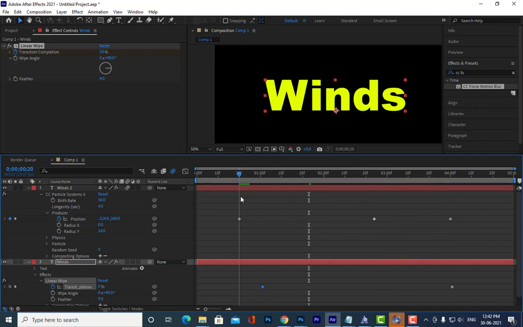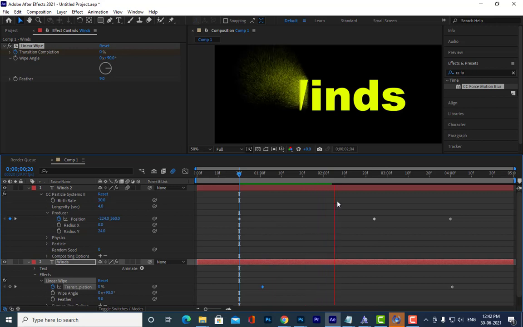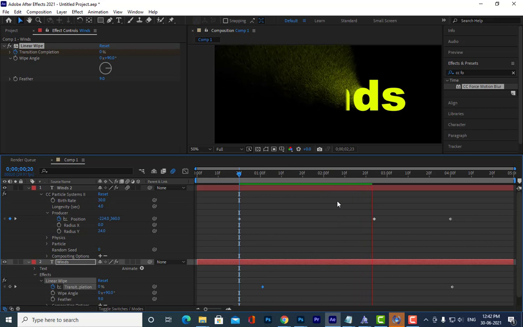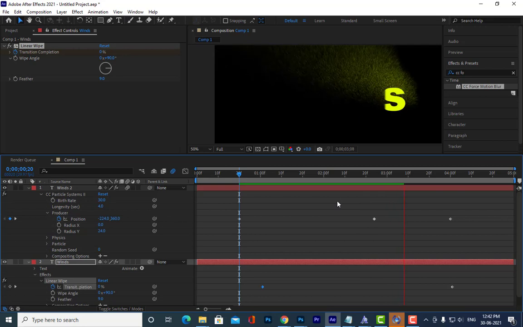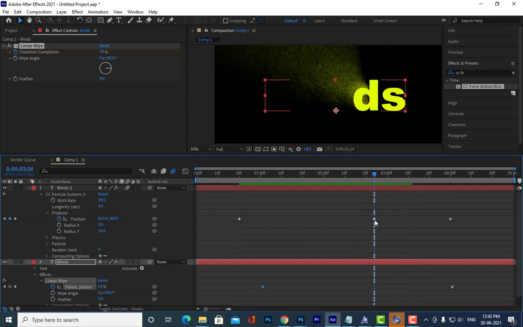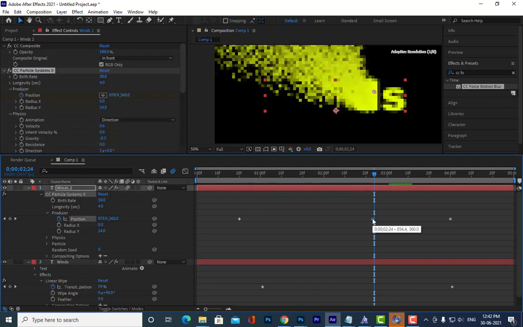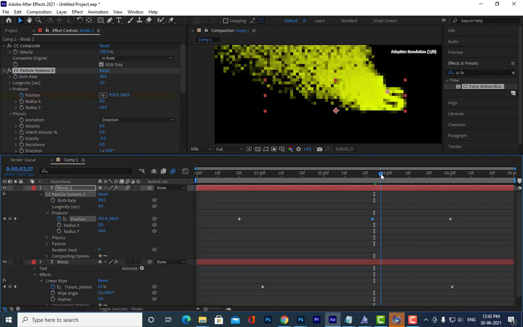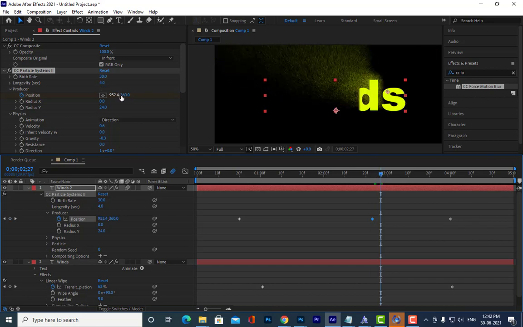Okay, now it looks nice. So we have to try to adjust these keyframes so that they look like they are actually moving with the particles, okay. So that is the important thing, right?